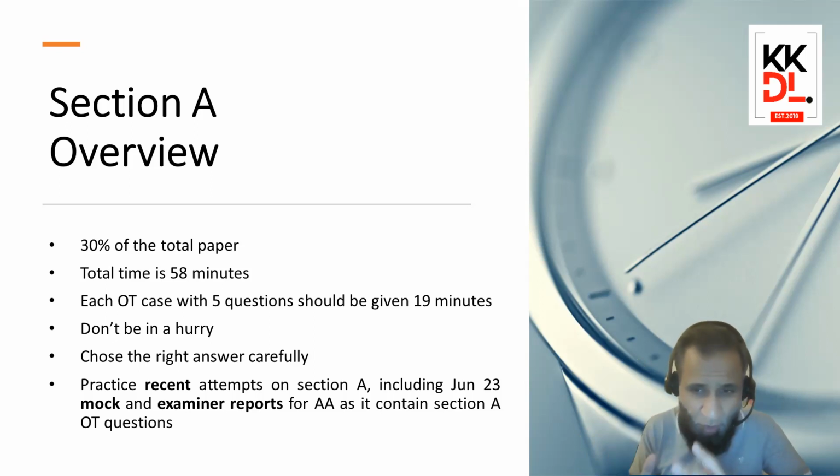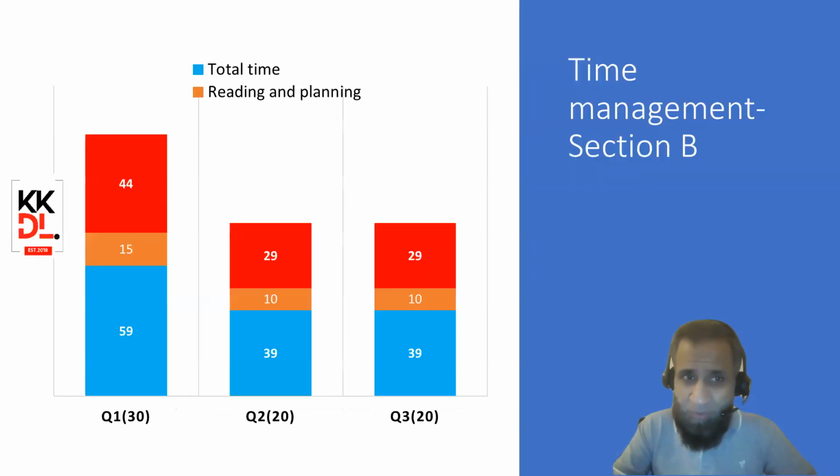So you can solve the OT questions from even within the examiner reports, but you need to be good on Section A, and you need to put in the right time over Section A in the exam, which is 58 minutes. Now, moving on towards the more critical section of the AA paper, which is to look into Section